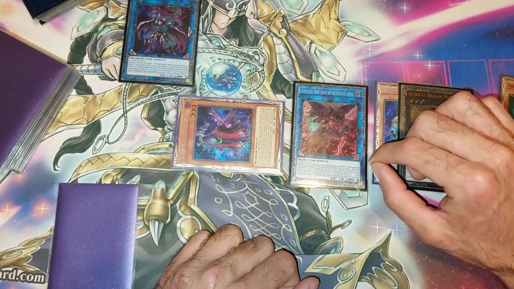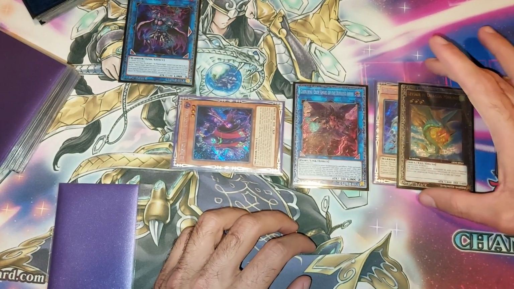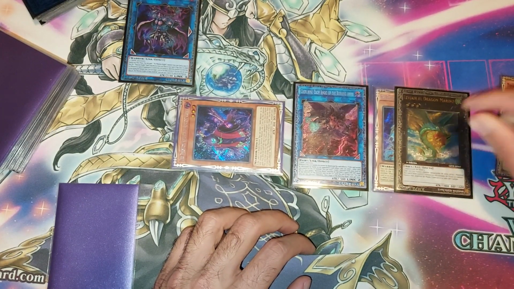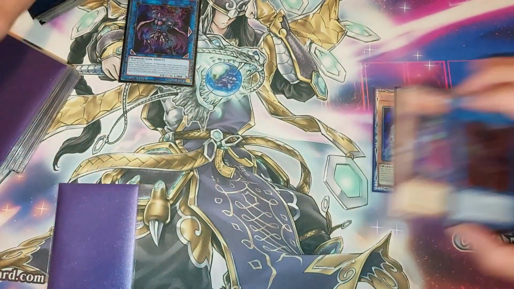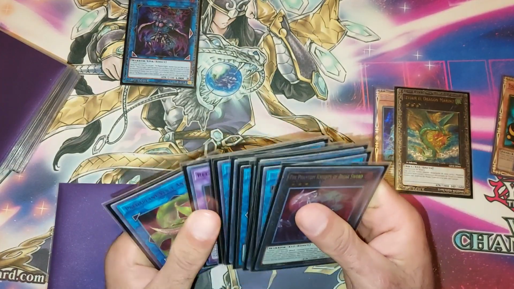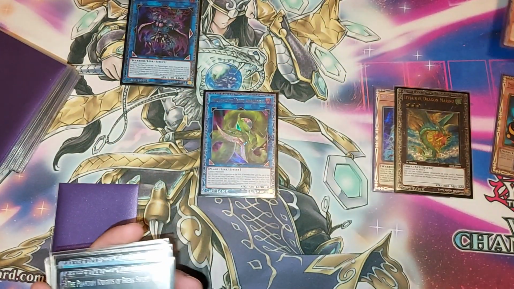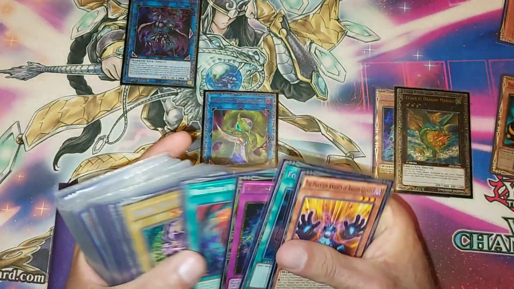You could potentially protect Cherubini from being destroyed, so that way you can resolve it next turn. But again, it doesn't matter because even if you save the Levier, you could resolve Levier next turn as well. So we're just going to link these two off, and we're going to link off into our Verte, and then you will banish the Boots to search